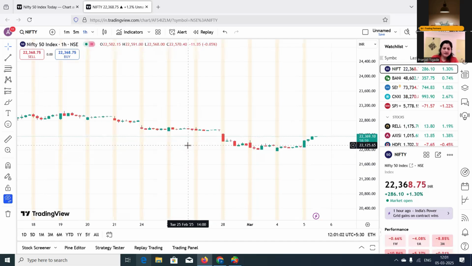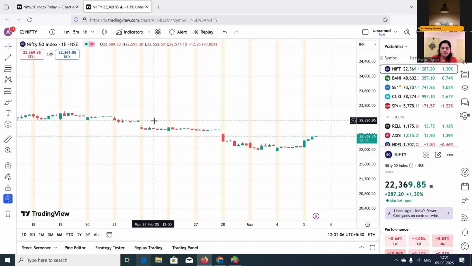Yeah, definitely. That is based on what type of trader you are. If you are a scalper, then you will go for 1 minute time frame and 3 minute time frame. This is the trading time frame I am talking about. So basically, there are two types of time frame mostly: one is the trading time frame and one is the parent time frame. So I'll first tell you what is the parent time frame and trading time frame.